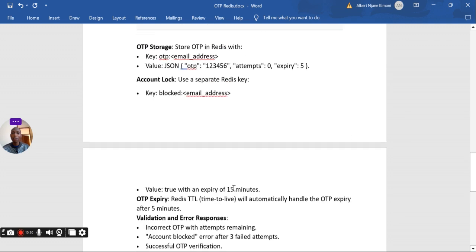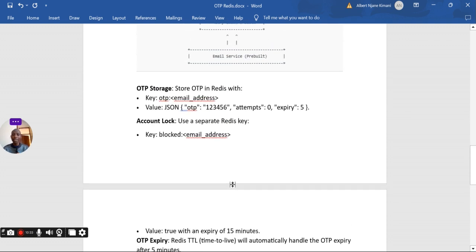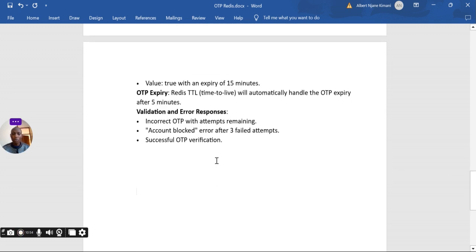So in this case, I have told you that we are going to use Redis, and Redis is one of the best practices to use when handling high performance data, as a key value store. So the majority of the big companies use Redis for OTP. Now, let us go to